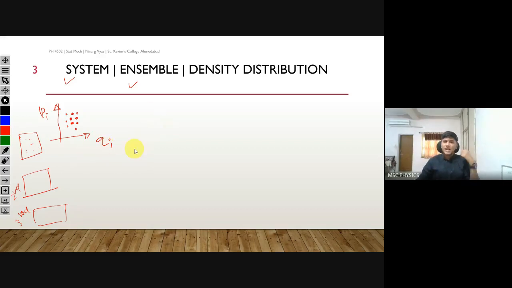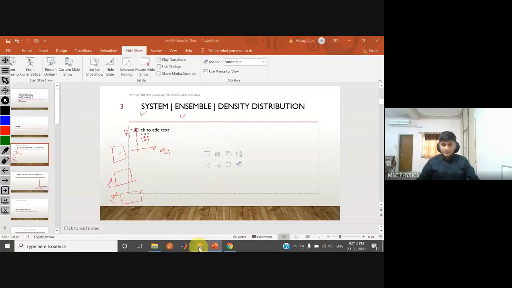So this position can be anything, just as we took the example of